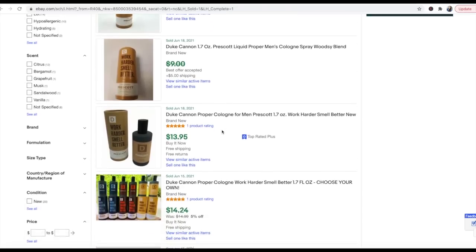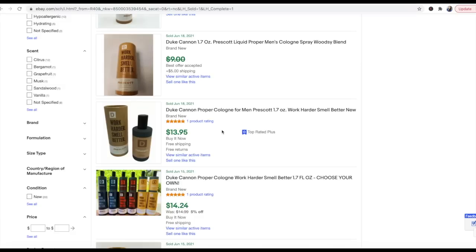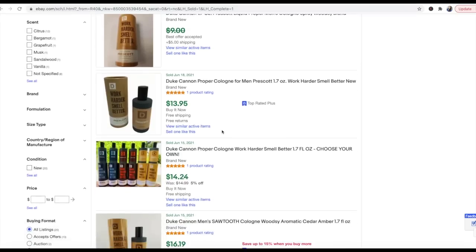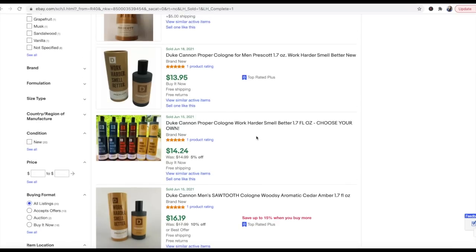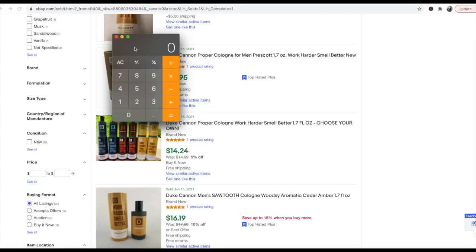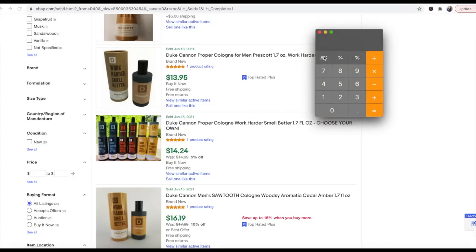Maybe they wonder what's wrong with it. Is it opened? Is it used? They might be turned off by being the cheapest price. So based on what I've seen here, I've seen a price range from 12 or 13 all the way up to 28. I would be comfortable pricing somewhere around